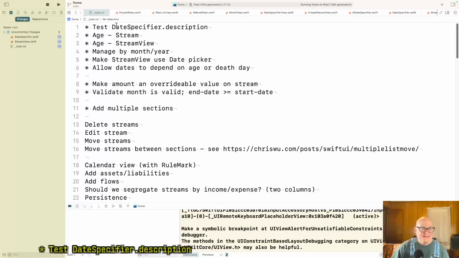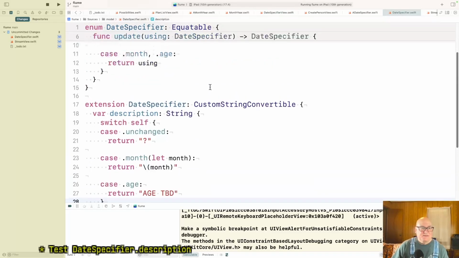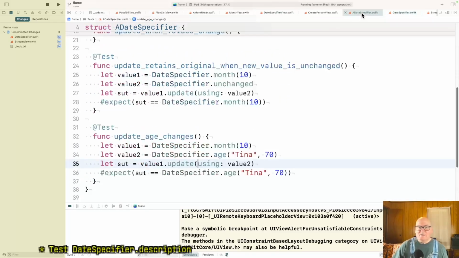Welcome back. All right, test DateSpecifier.description. We got here's date specifier over here. All right, and then a date specifier. Huh. Okay, I guess that'll work.